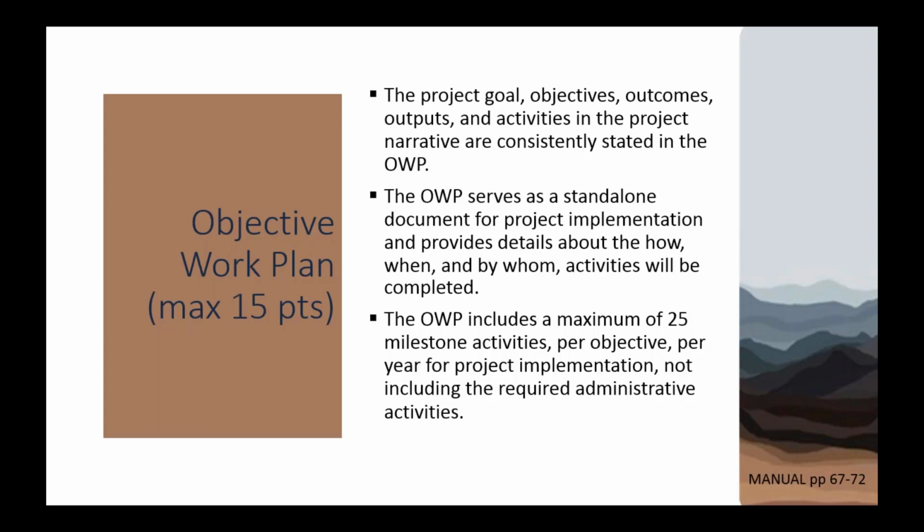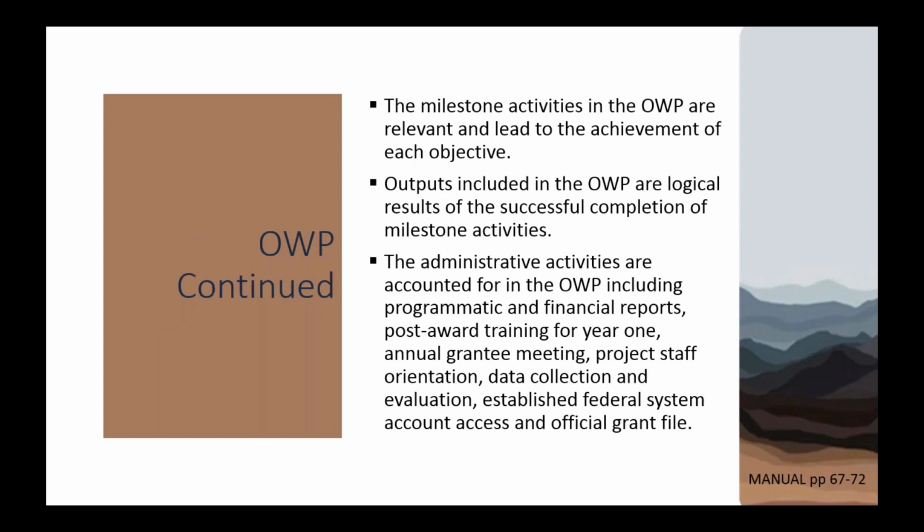Each OWP should have no more than 25 milestone activities. These are the key tasks needed to successfully complete each of your objectives. And this does not include the required activities that we'll describe in a moment. The milestone activities should relate to the objective and to the project. If an activity is discussed in the approach section of the application, then you should find it in the OWP